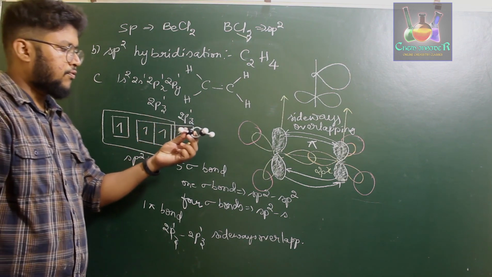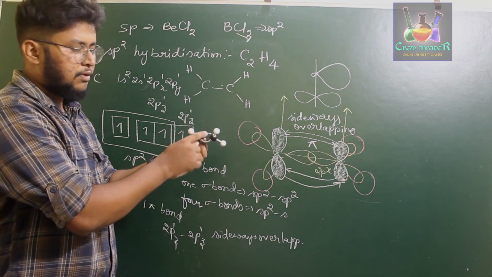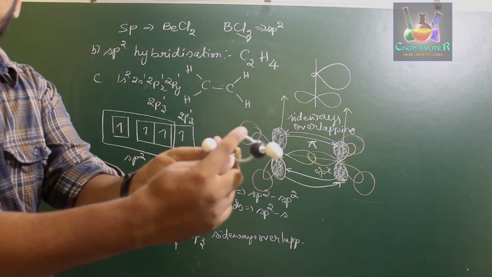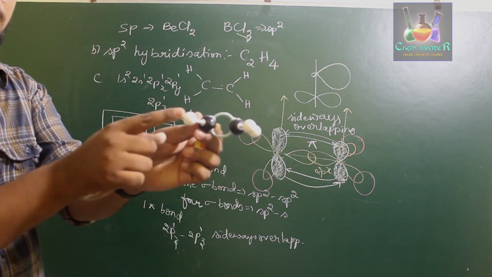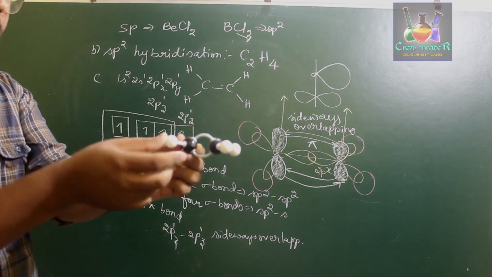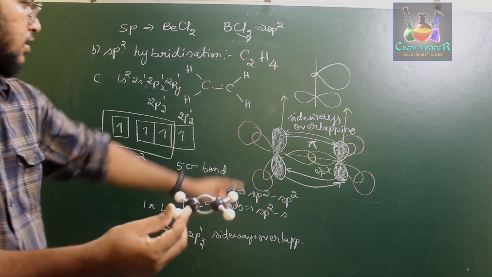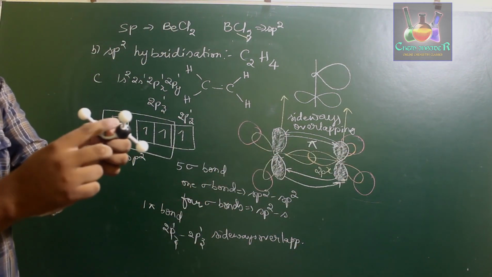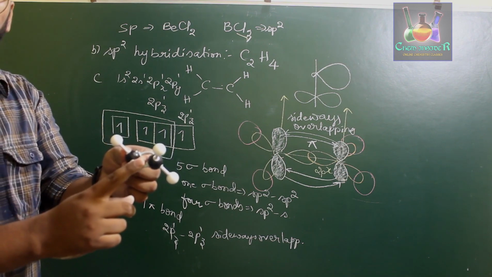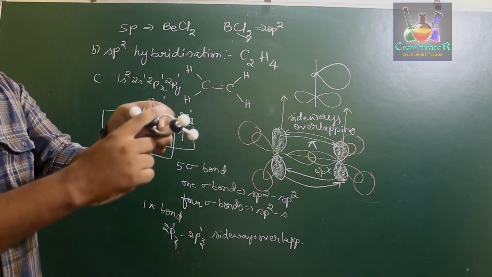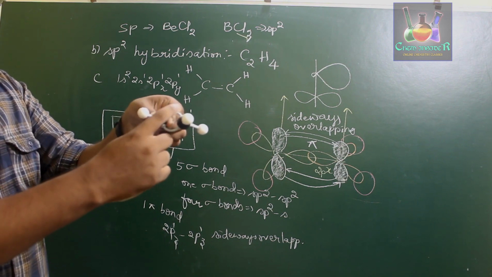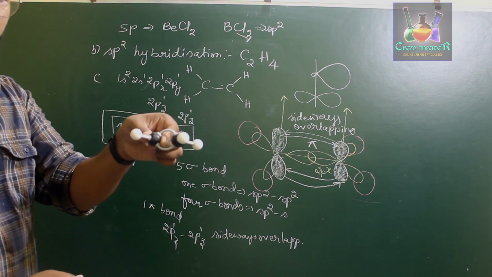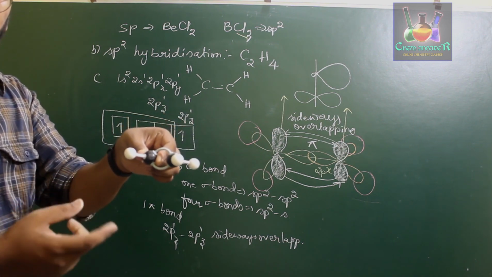If you observe carefully, even though I have given both these two bonds in gray, these two are the hydrogen atoms which are undergoing sp2-s overlapping in these two cases, and these two cases. One of these two gray bonds is nothing but the carbon-carbon sigma bond. Because of the electron interaction, one of the bonds will be pushed down like this. So this will be the geometry of the C2H4 molecule which undergoes sp2 hybridization.